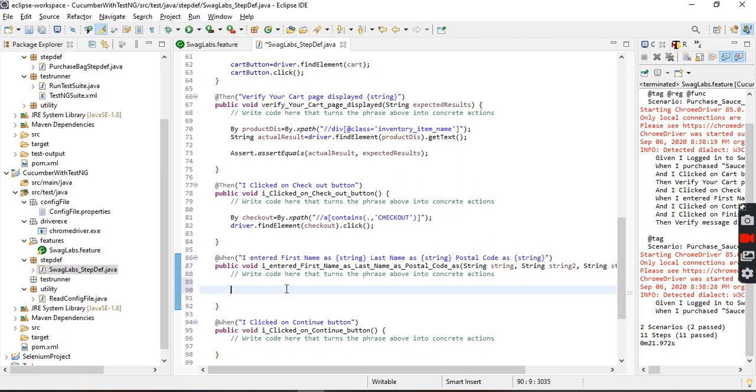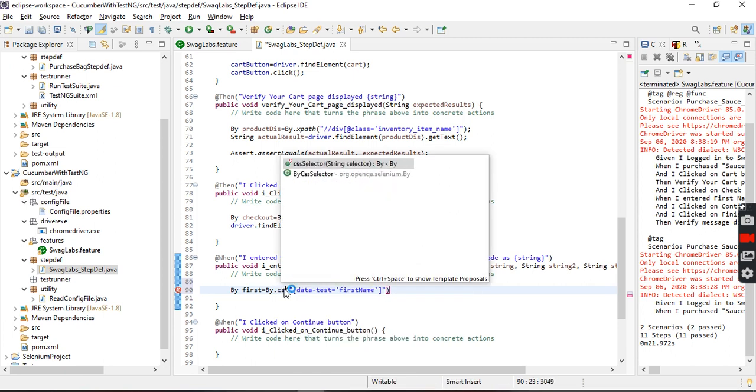Okay, fine. So by dot xpath, this one, sorry, this is CSS locator, right? Just using this. So what do you have to do? You should use CSS locator.